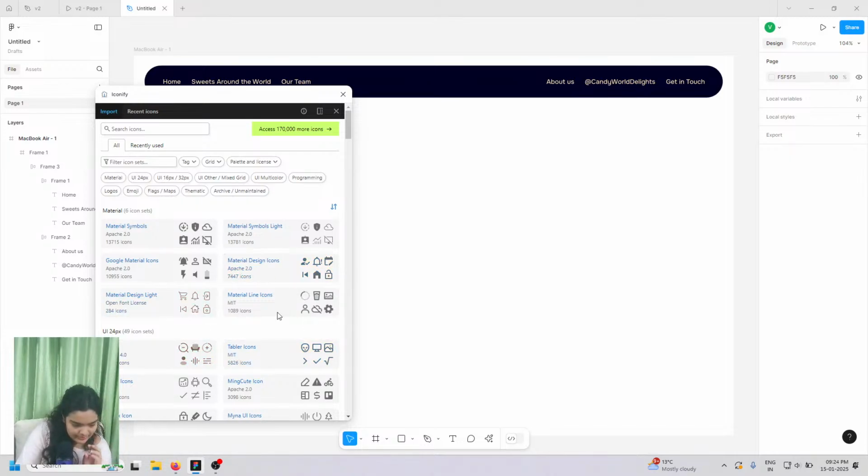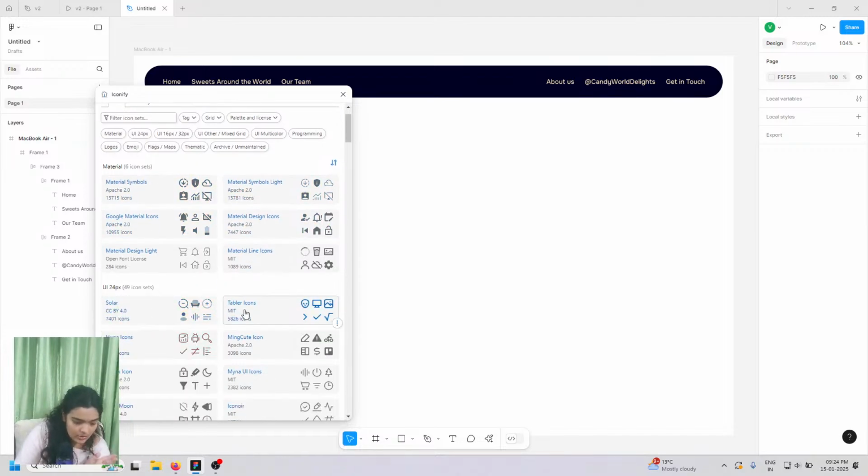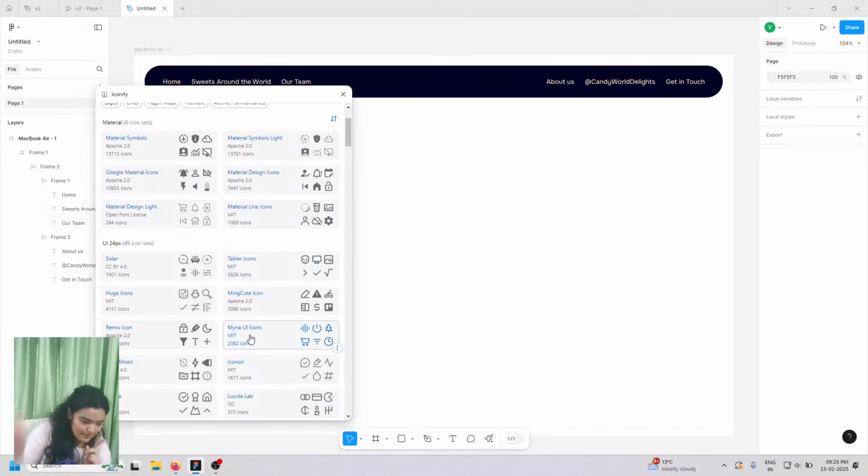And if you have these under the list, MIT, Apache, write this down, you guys. Write this down as I'm saying this. MIT, CC, Apache, or even Open license. For all of these licenses, you can use any of these icons completely for free, even if Google Materials was the first designer making this, even if this came from Material Design, even if this came from Solar or Table. If these licenses are MIT, Apache, CC, check this out, CC by 40, and Open font,